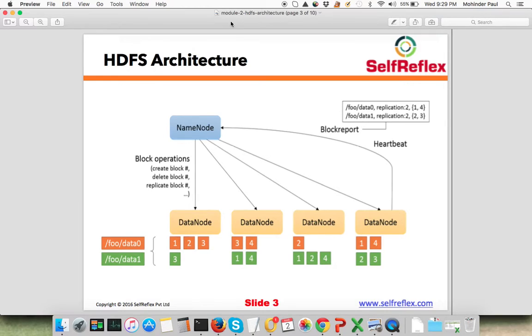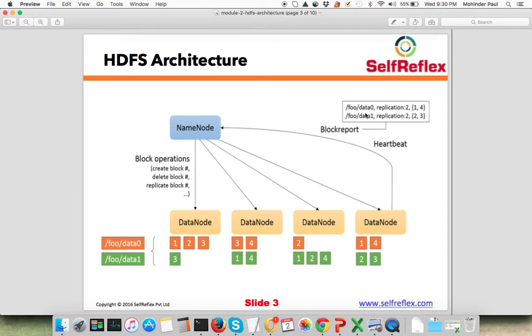Cool. So we understand what block division in HDFS is and what the replication factor in HDFS is. And we also understand that name node maintains the metadata about the file system. It maintains what all files are present in the system, what all are the blocks related to every file in the system. One more important point here is name node maintains all the metadata in memory. We'll talk about the details of how exactly name node works, but at a high level, name node maintains all this information in memory.